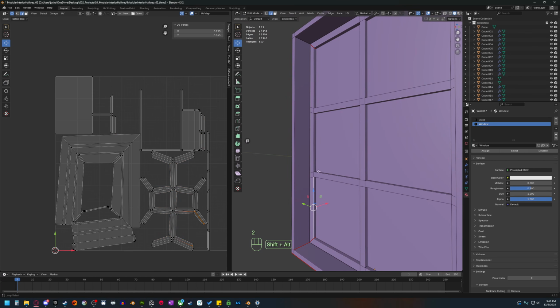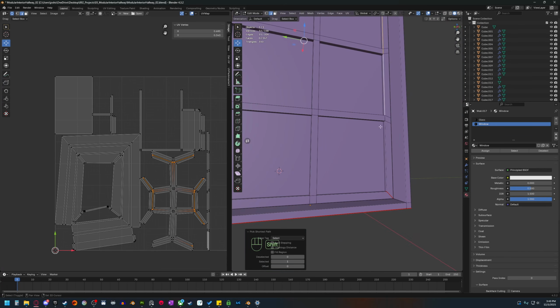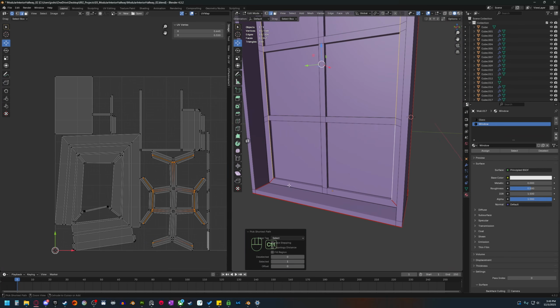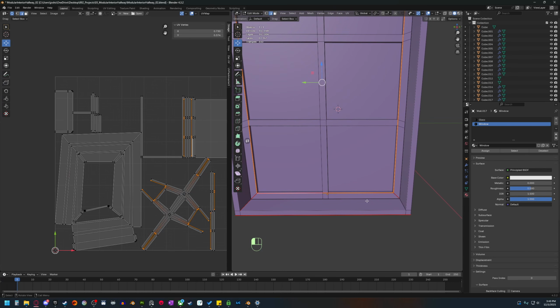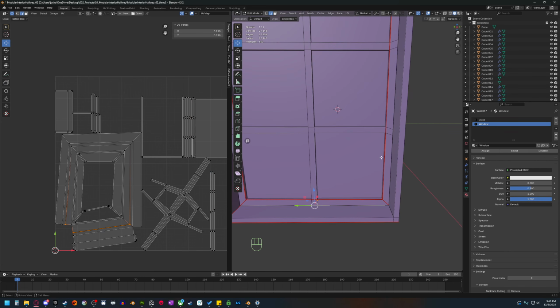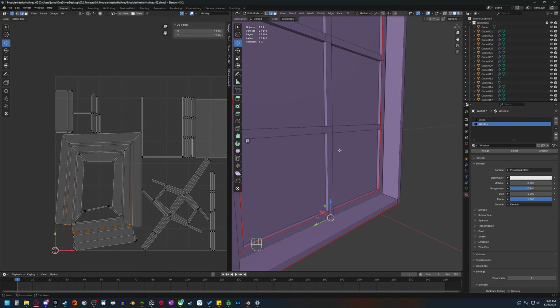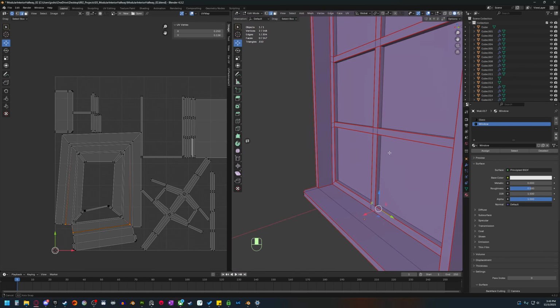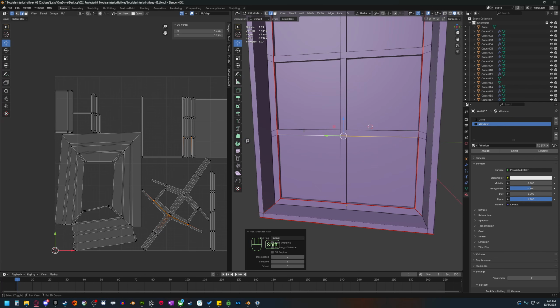And then I'm going to need to do the same thing on the back here, which I probably could have done a lot better, to be honest. A lot of different things that I could have done a little bit better here. I could have mirrored all of this. That probably would have made things easier. And then, especially when we're marking our seams, we could have just marked them on this side and it would have done the same thing there. But that's just part of it. All right, so I need to mark that,